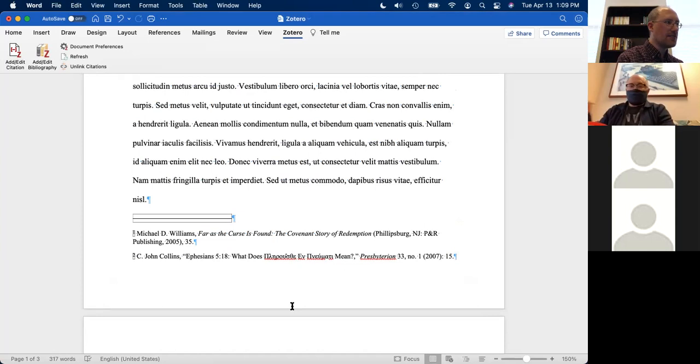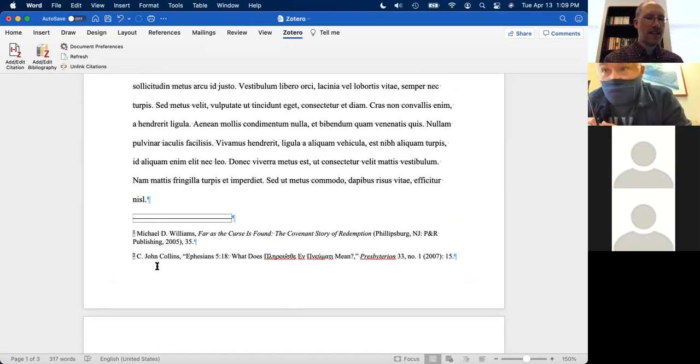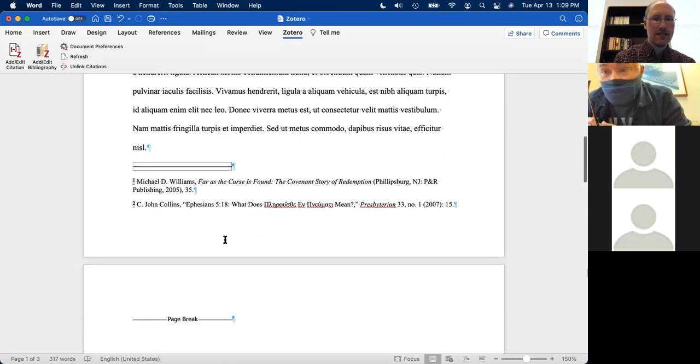So we need to add the indents for the first line of citations. Yes, indentation or spacing, you may have to adjust that to fit your style. Here at Covenant, we don't enforce the first line indent on footnotes. We're perfectly happy in the library when we deal with dissertations if the footnotes are all flush left. We do want this line of blank space between your footnotes. So you may have to set up that